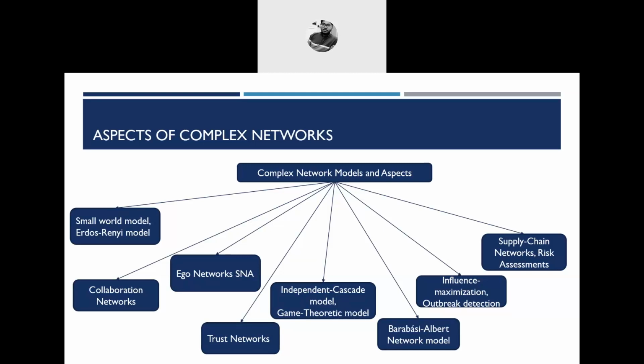Then we have the collaboration networks. We can study collaboration networks with the help of complex network models. We can also produce ego networks of social connections, showing how the behavior of the social connection changes. That is known as an ego network. Then we can have trust networks, basically whether you should trust an entity or not. That is in order to understand whether you can trust a particular entity, for example, doctors, for example, lawyers. So based on that, we can produce trust networks about them.